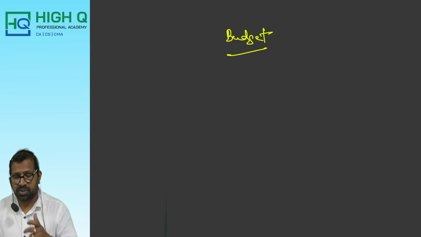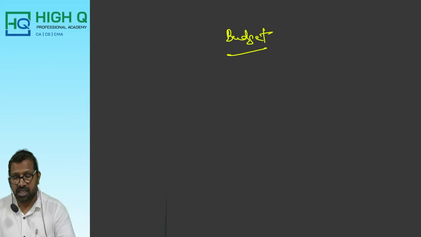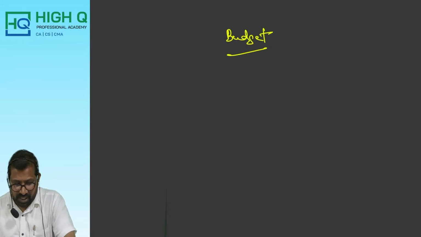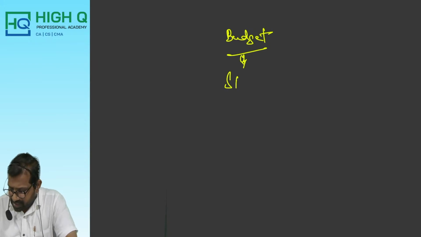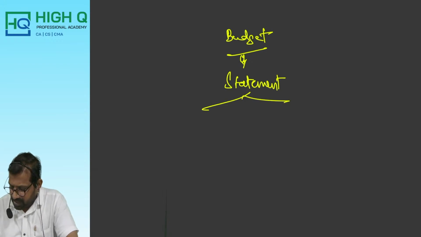Which are the most important chapters from your examination point of view? What we have discussed, 1 to 5, comes under micro, but 6 to 10 deal exclusively with macroeconomics. That's why here we are discussing the budget. So budget is a statement. Budget is a statement that presents the details